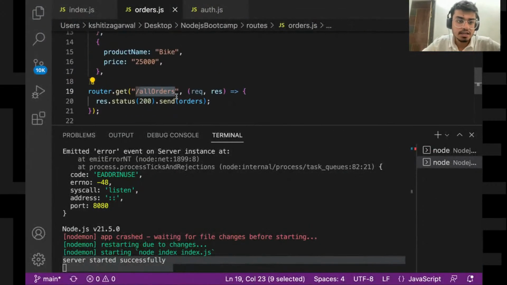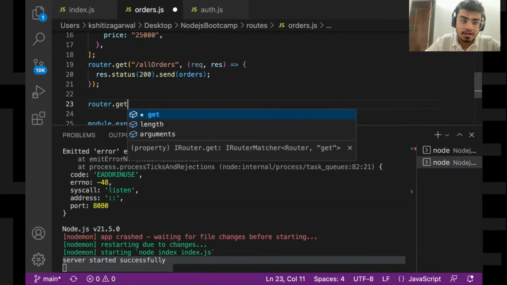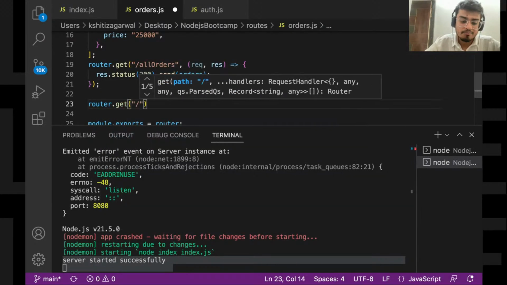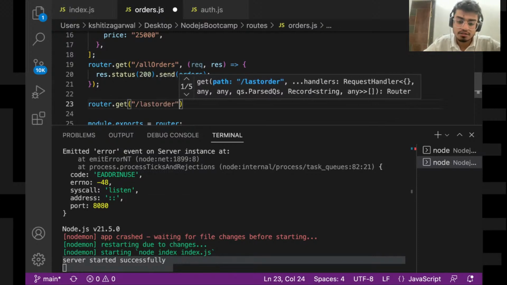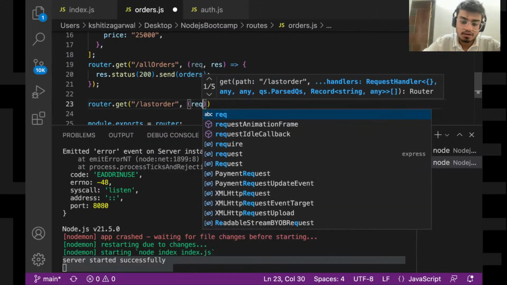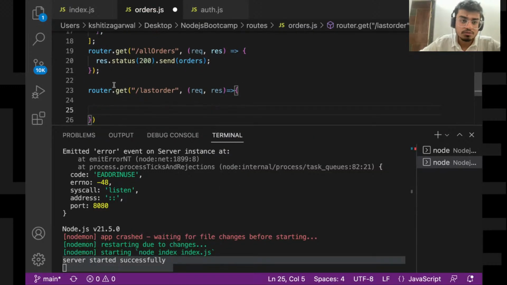Let's say I create another API over here, router.get for last order. Let's say only the last requested order I want to get. Request, response. So response.status.send, and orders is an array, right?